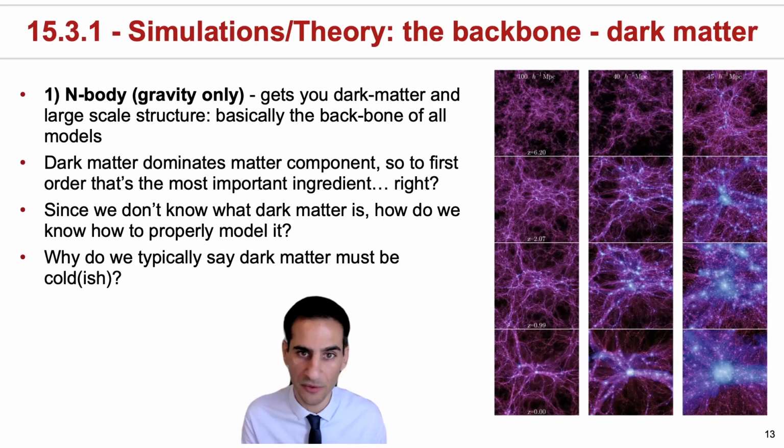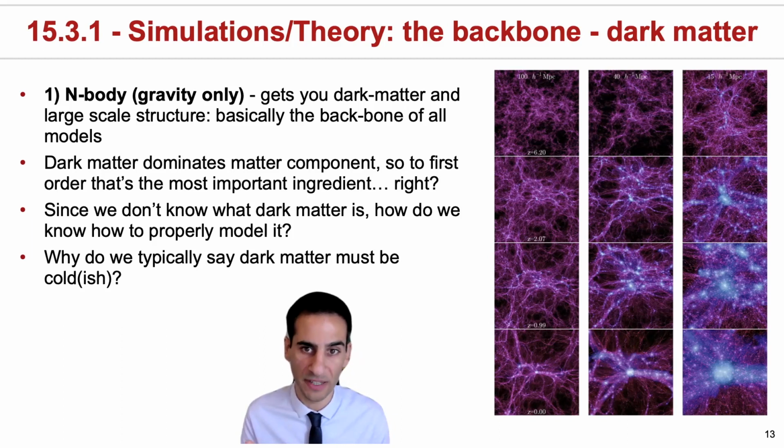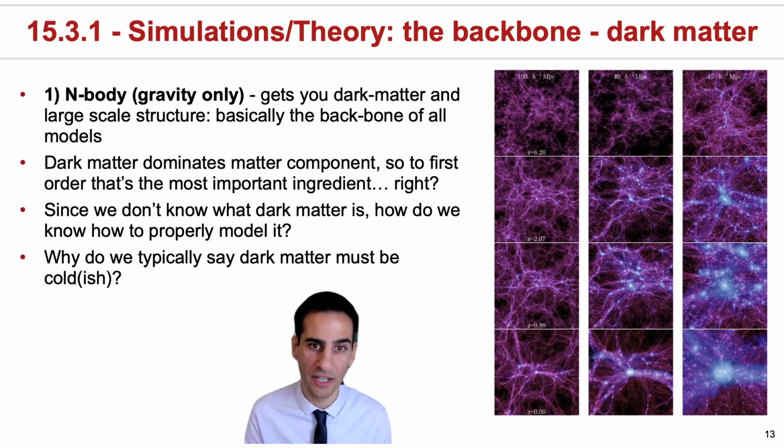However, as we've seen before, galaxies and other structures don't just follow dark matter, because baryons, especially at small scales, will have very important effects. They will be able to cool down the gas to form things like stars, and stars can go supernova, and you can also form supermassive black holes that will have a huge effect.